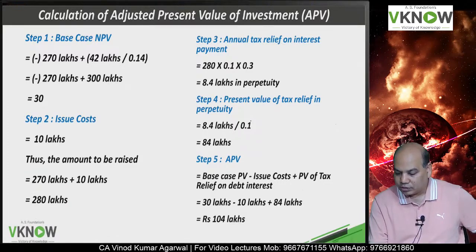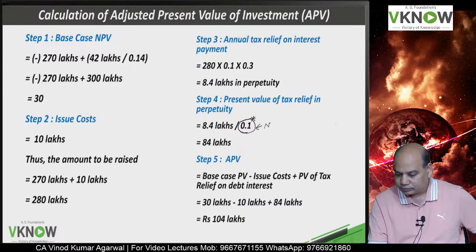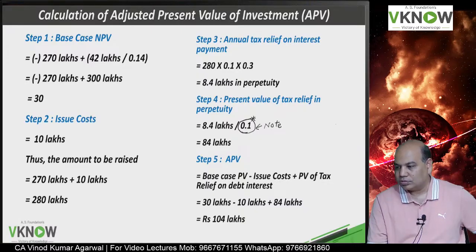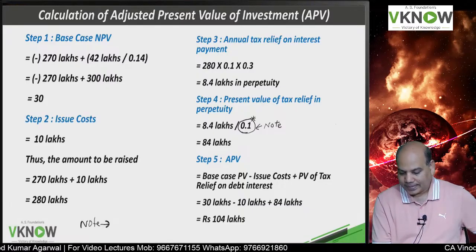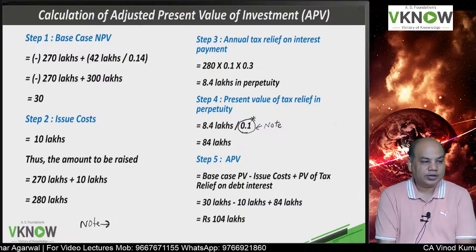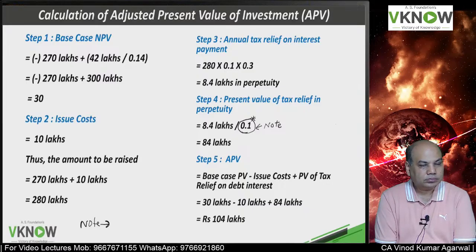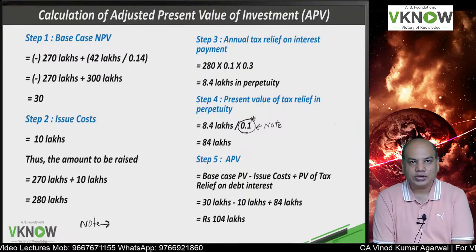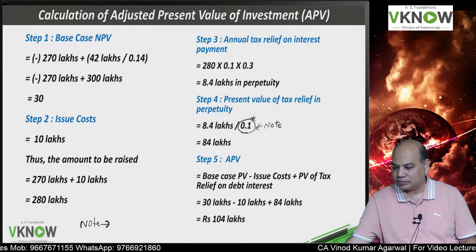Now the student can have a query why we have taken 10% discount rate here. I will dictate a note for this. Write down note: for calculating present value of tax shield on interest,